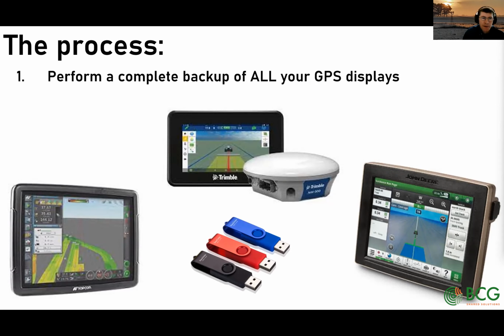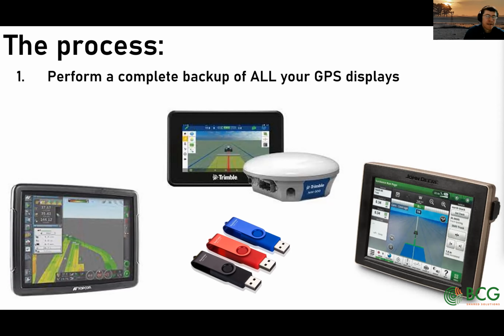So if you make a pile of changes and you delete some paddocks and things, it's quite hard to go back. So I'm a great believer in having one USB stick for each of your screens. And when you've got them set up to a point where everything's working properly and you've got all your machine profiles and things in there, put a USB stick in the screen, run a complete system backup, and put that USB stick somewhere safe. Label it and don't use it for other things,